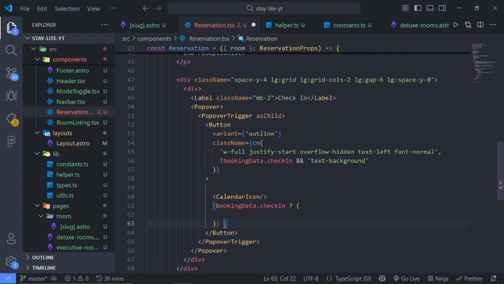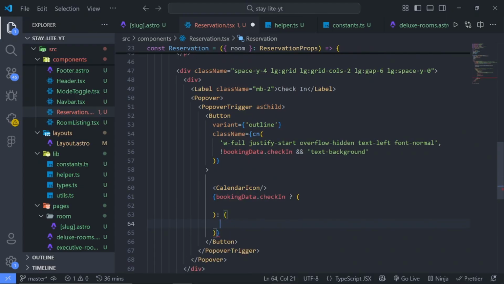If there's no date at all, we just say pick a date. Then if there's a date, we can just say for now, booking data, sorry,